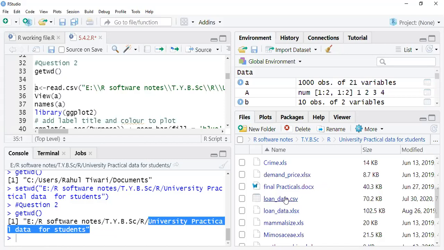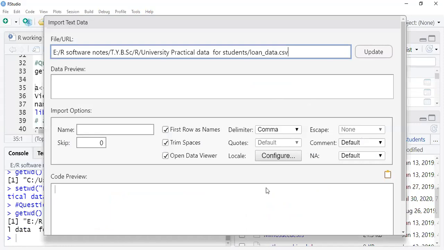You can right click or left click this, and there is an option called Import Dataset. Just click on Import Dataset. Once you click, you can see this is the file name, and just click on Import.